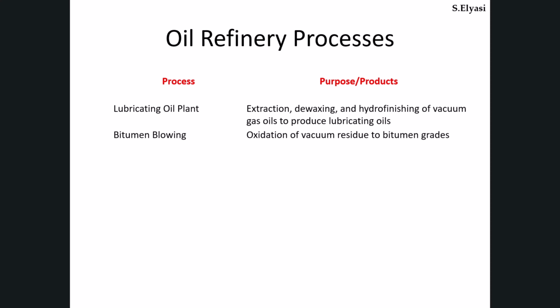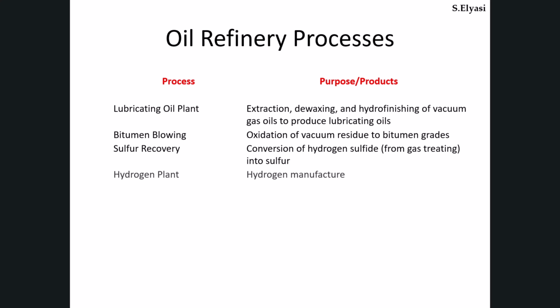Bitumen blowing oxidizes vacuum residue to produce bitumen grades. Sulfur recovery converts collected hydrogen sulfide into elemental sulfur. The hydrogen plant supplies hydrogen to the refinery. Steam reforming and the water-gas shift reaction are the key steps, using steam and light hydrocarbons to produce hydrogen. There are additional units in a refinery as well, and I encourage you to identify and study them as we